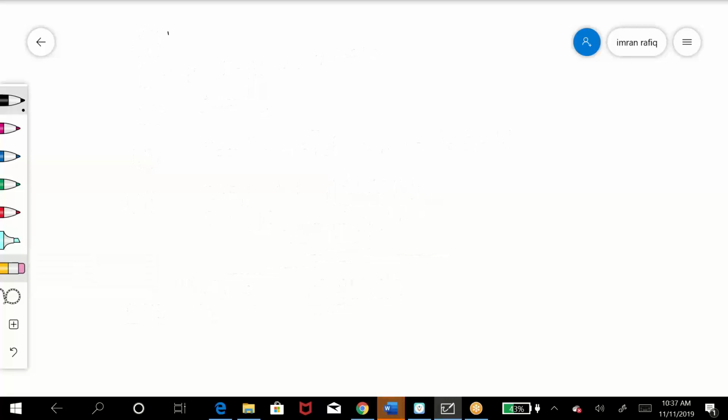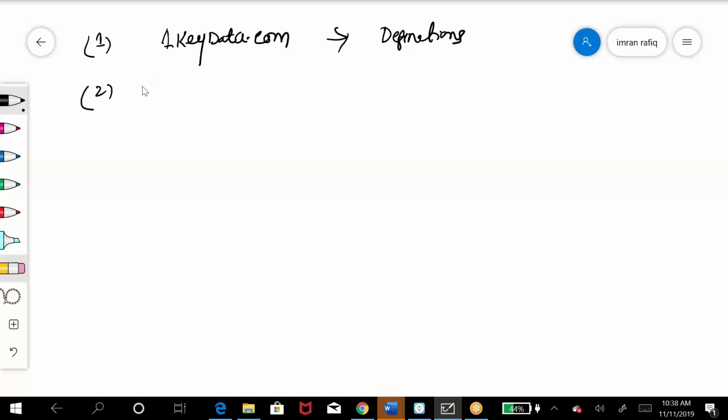That is one you're going to read. All the definitions are on one page, onekeydata.com. That is what you'll use for all the data definitions. And number 2, you're going to go on w3schools.com,